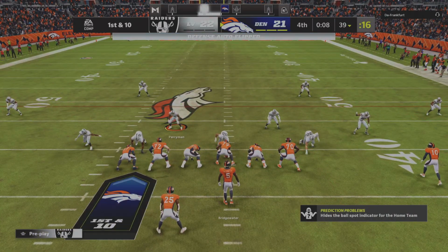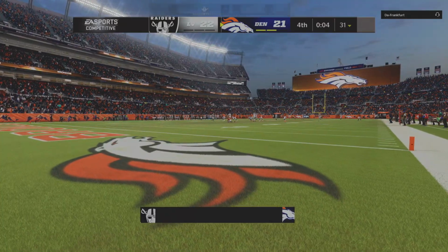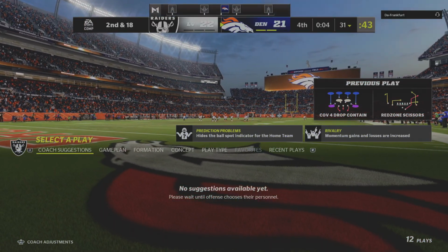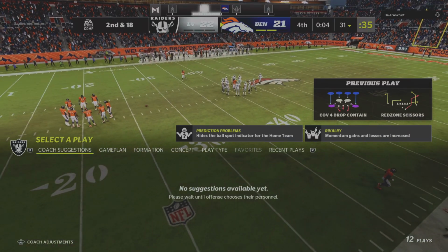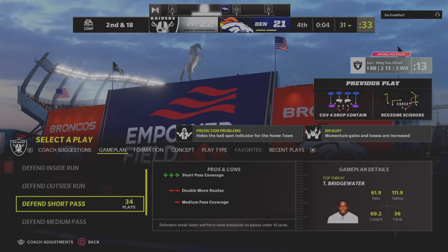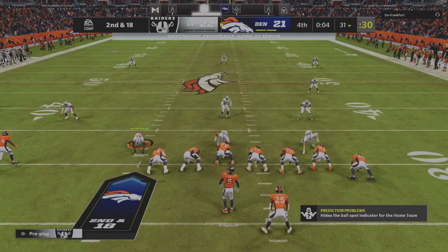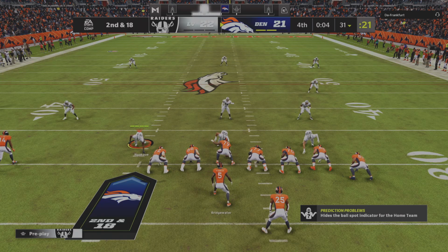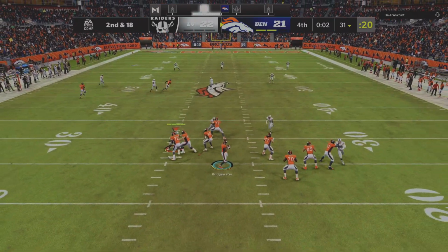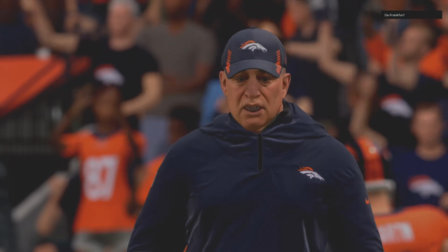So from the 39 now, they'll come up on a 1st and 10. Bridgewater. And down he goes. The pressure getting to Bridgewater. A costly sack. They'll have to use a timeout here. And barring a defensive penalty, they'll be looking at one final play. One last shot now for Bridgewater. And pressure coming, and they got him once again. Well, we saw a close game that kept us on the edge of our seats down to that final whistle. And right before that final